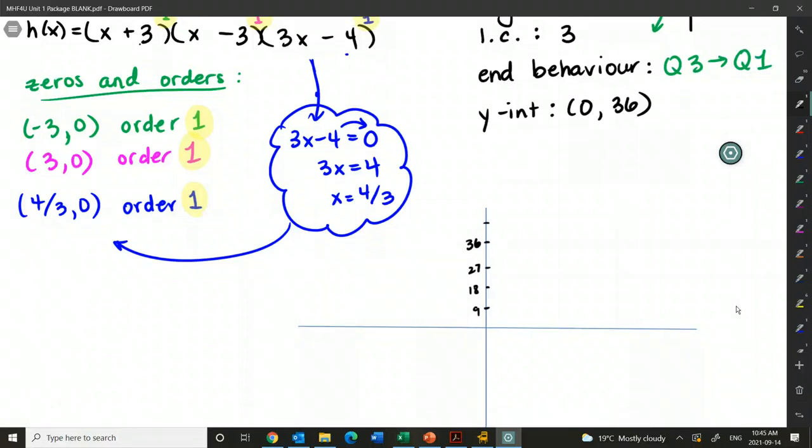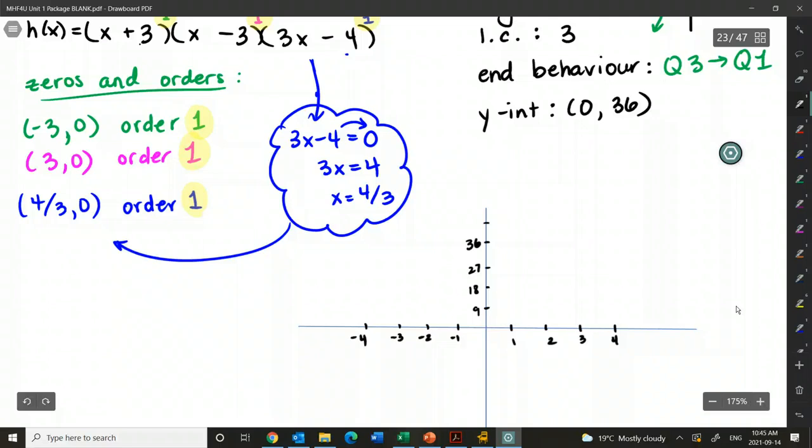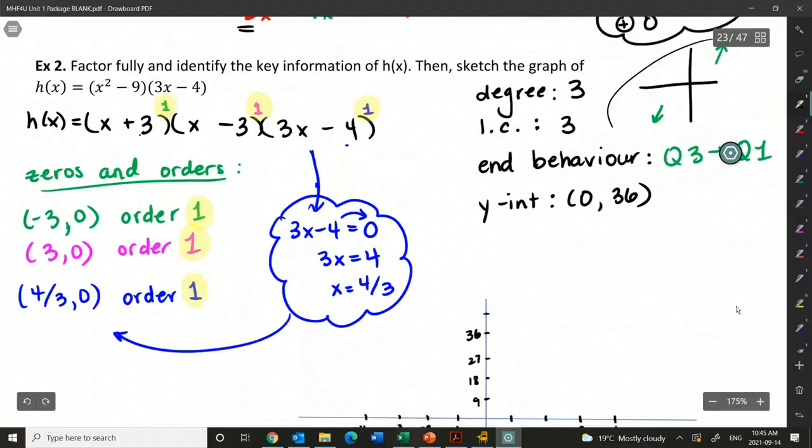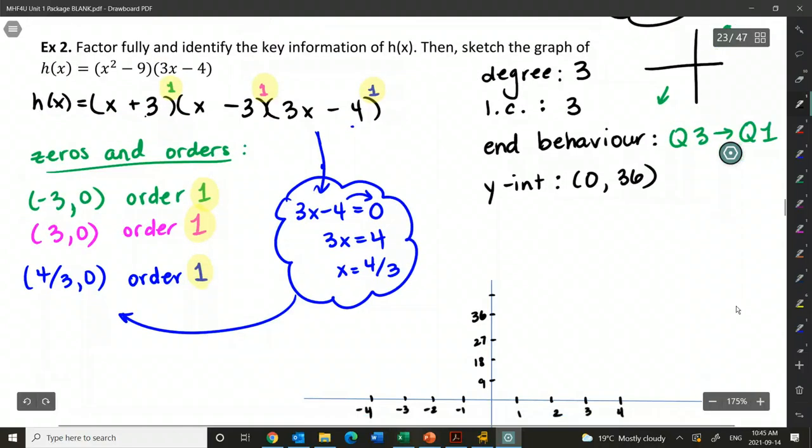That seems to be probably the easiest. And if we look at our end behavior up here, I know that I'm going to be